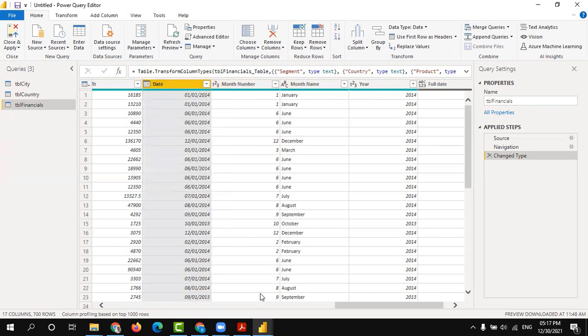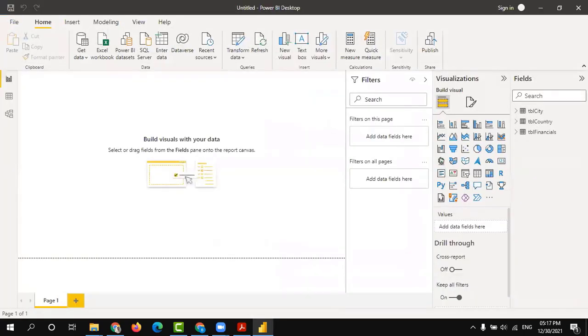Let's say we don't have month number, month name and year format here. So we need to extract month number, month name and year from this date field. How to extract? For time being, I'm going to close this and delete this.